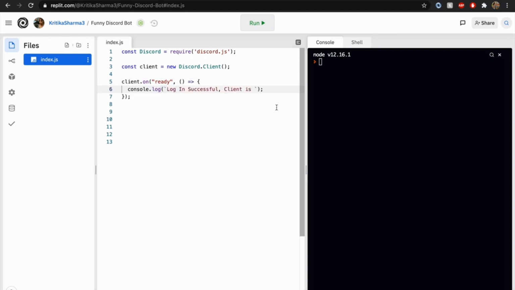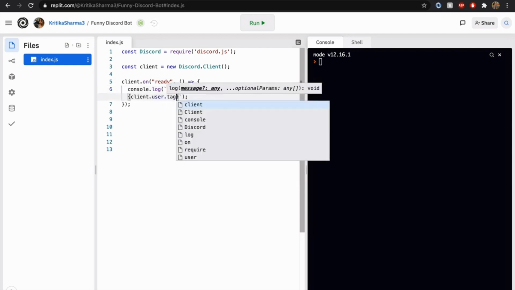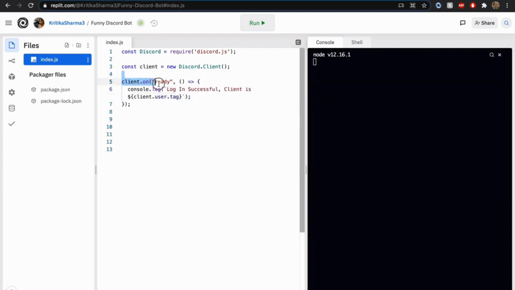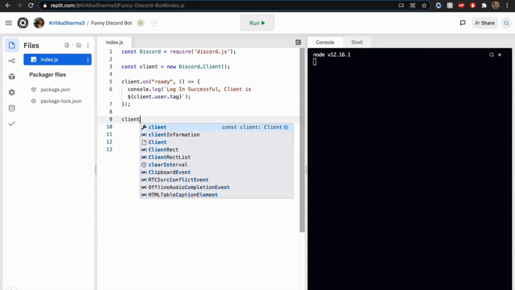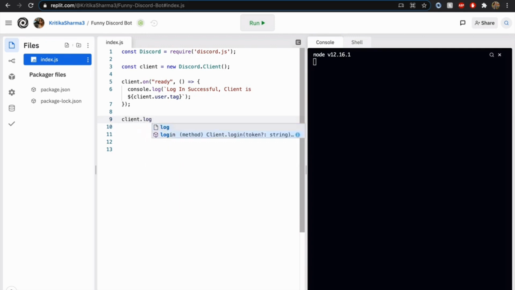Okay, so I'm also gonna log the client name here. So the name of our bot. So client.user.tag. Okay, so now that we have our ready event set up, we just need our client to log into the Discord server, and that could be done in a very easy step. I will just use the login method on the client. So client.login,